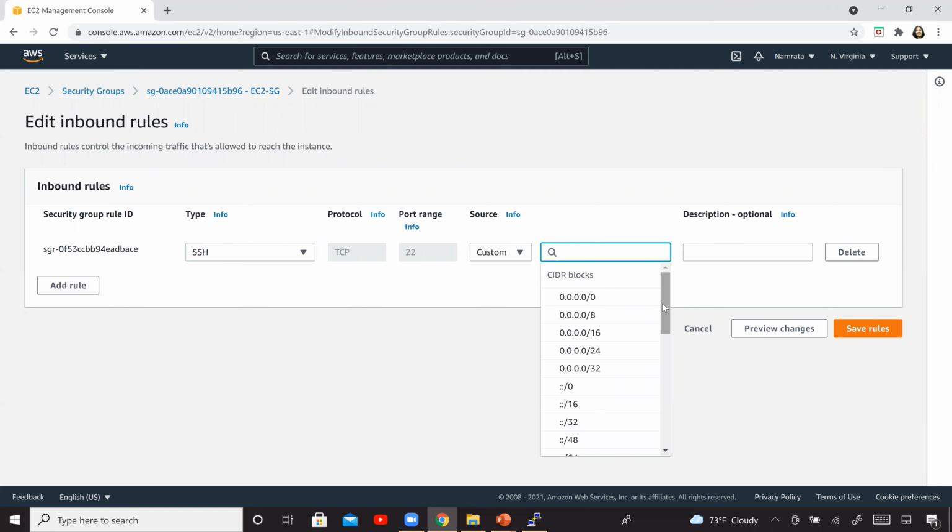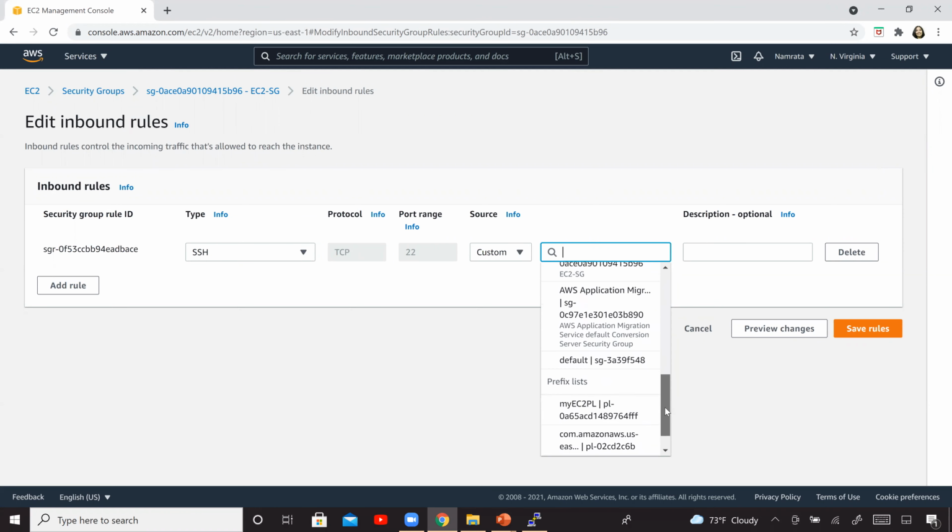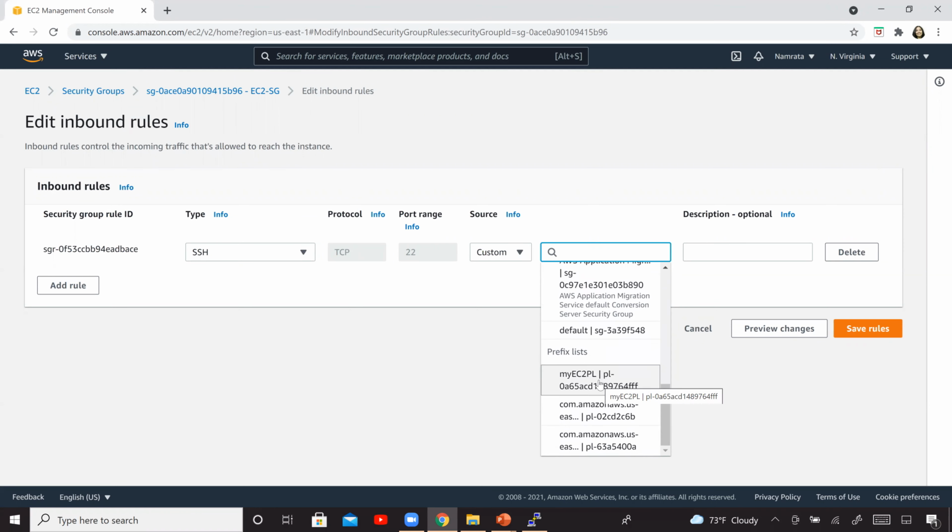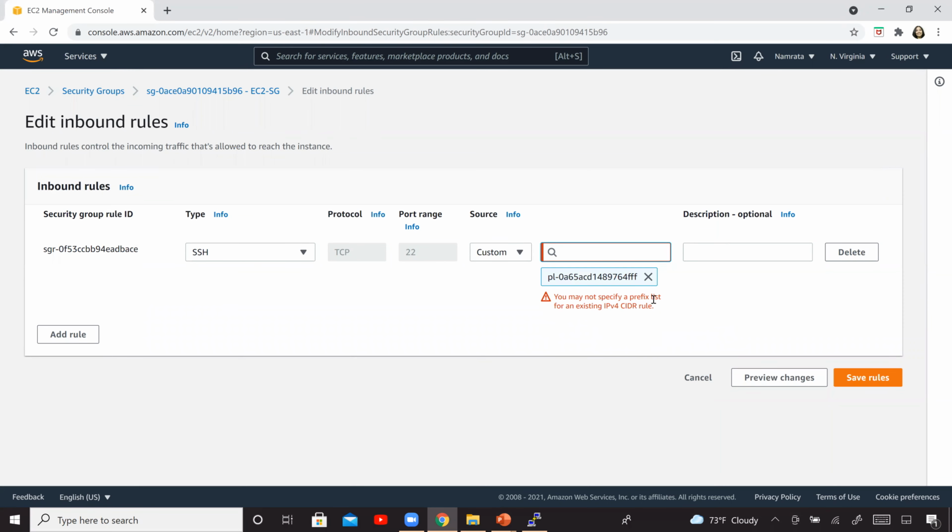So I removed that, and now I want to use the prefix list, right? So this is my prefix list right here. So you may actually get this error. You may not specify a prefix list for an existing IPv4 CIDR rule. And hence I said that you need to delete the rule and then add it again. So let's delete this.